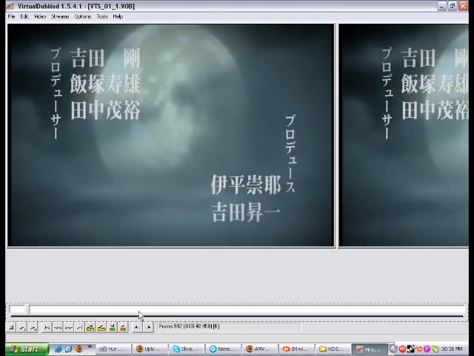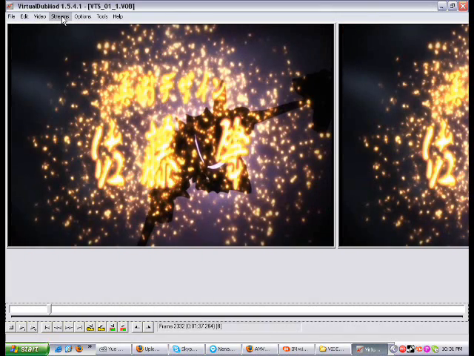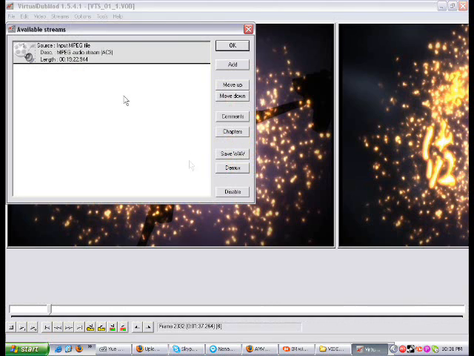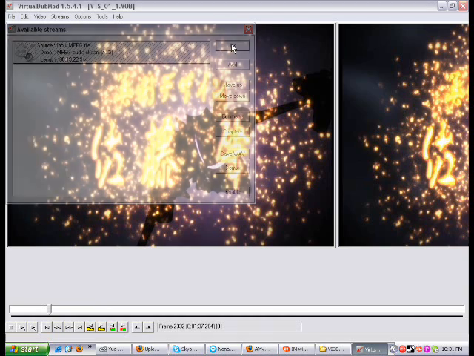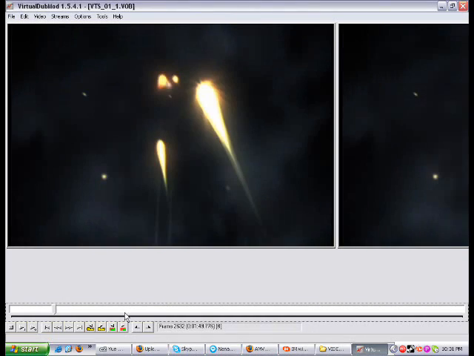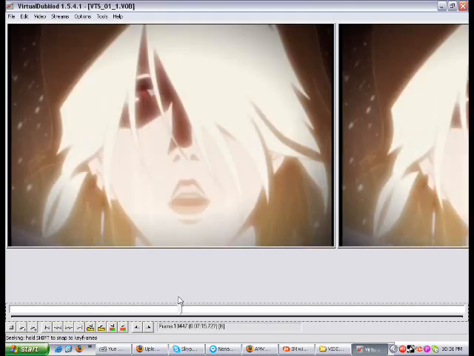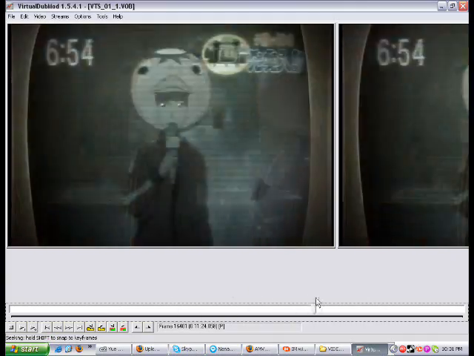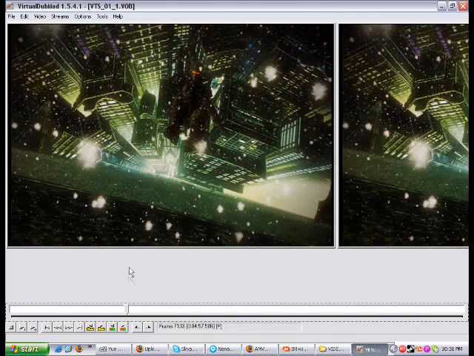Now, preparing the footage. Like I said, the audio stream does not matter, because we're not going to be using the audio, so we're going to get rid of it now. By going to Streams, Stream List, as you can see, here is the audio stream for the video, and we are going to disable it and hit OK. Okay, now the audio is gone. No more audio, so you won't have to worry about that interfering with the audio that you've chosen for your